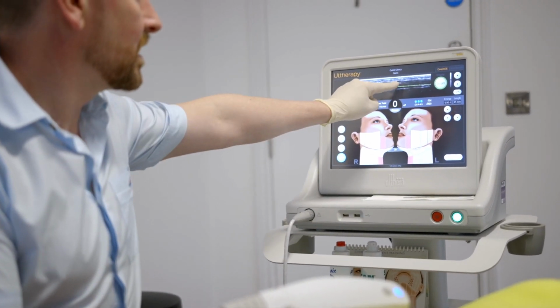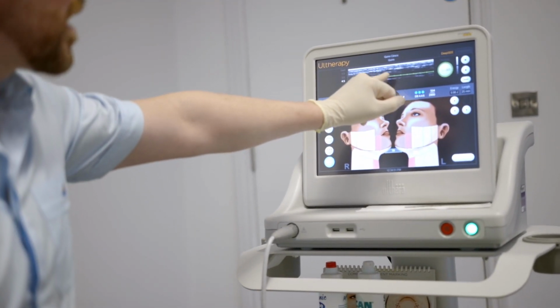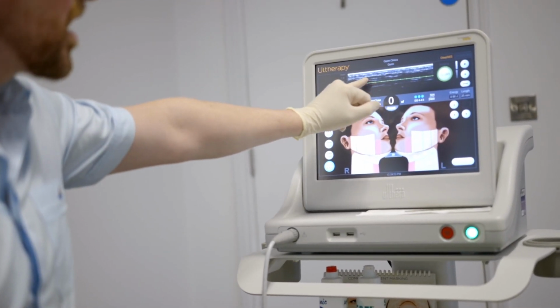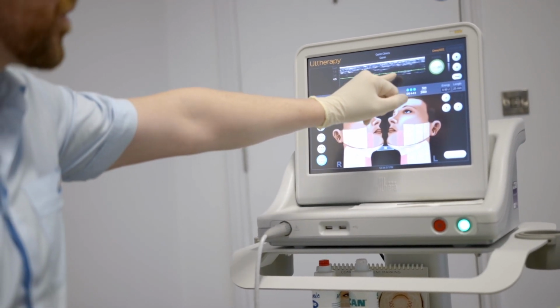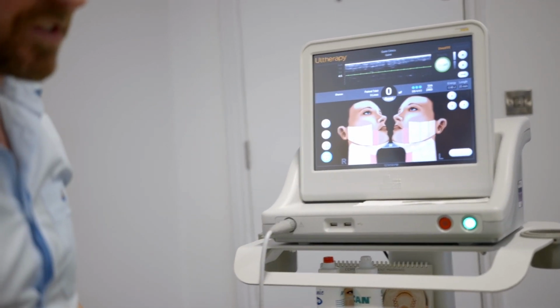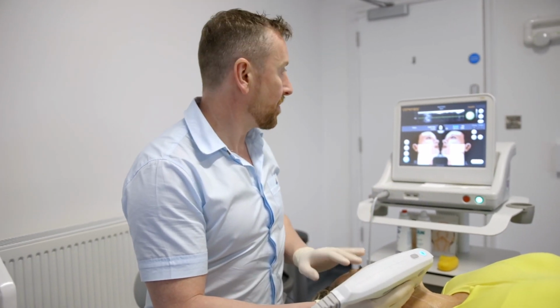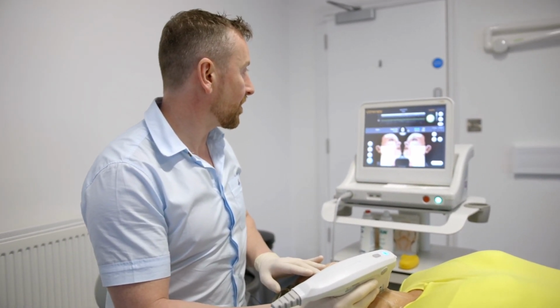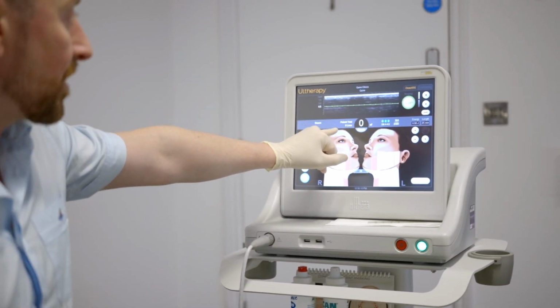You can see this is either most likely a little vein. There we go, just there. And the target tissue we're looking to treat is here. So this is no longer the SMAS, this is the platysma muscle. So I frequently use this device to treat the skin of the neck as well. And if we look at the image on the ultrasound scanner, we can see that there's definitely some target tissue on the upper neck. But as we move further down,